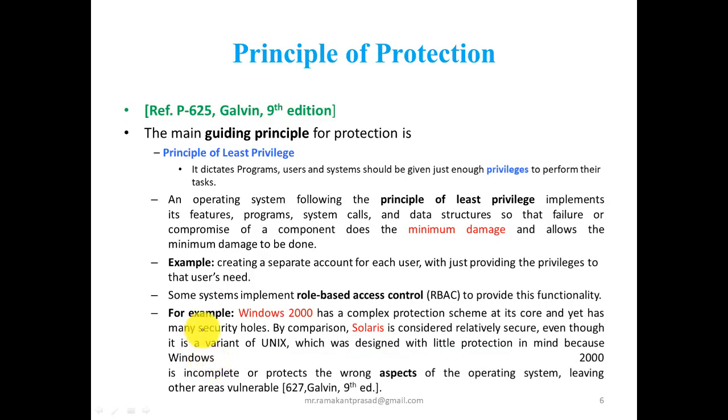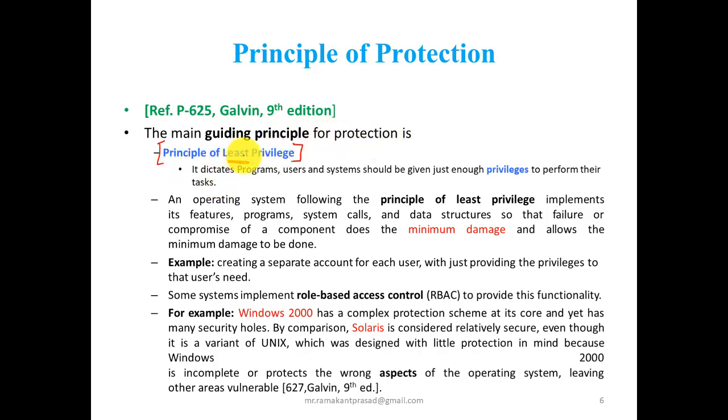In the next slide we are going to discuss the principle of protection, which is important from your exam point of view. The principle of protection depends upon the principle of least privilege. That is very important. What is the meaning of least privilege? The main guiding principle of protection is the principle of least privilege.